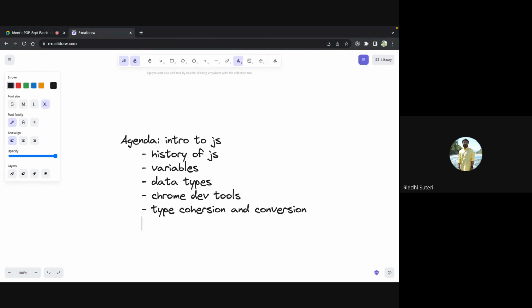Operators we have already talked about, but maybe we can still have a brief discussion about operators. And at last, how to add JS, how to use JS along with HTML. Something like this is a quick sneak peek of what we will be discussing in today's class.